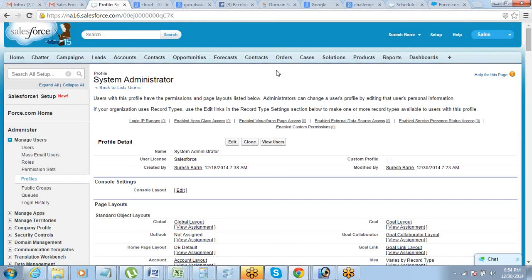If he needs to look into profile, then he should come here and see the list of profiles, right? Also, his profile should have that permission. Let's say the manager wants to see accounts and contacts. His profile should have accounts and contacts both available, and his subordinate should just have contacts available. Permission is defined on the profile, right? So definitely a manager's profile, if he wants extra access, should be different.